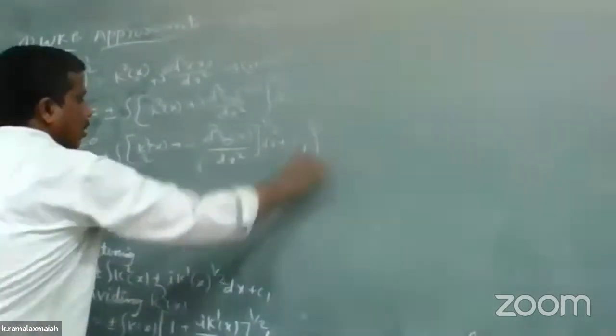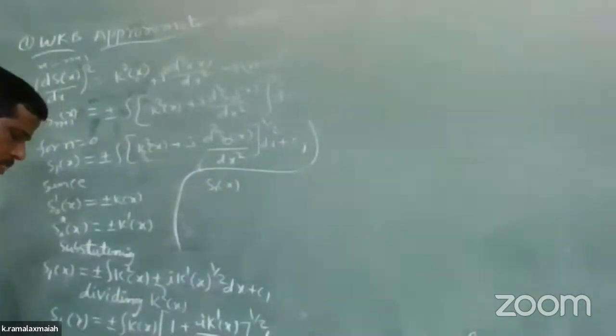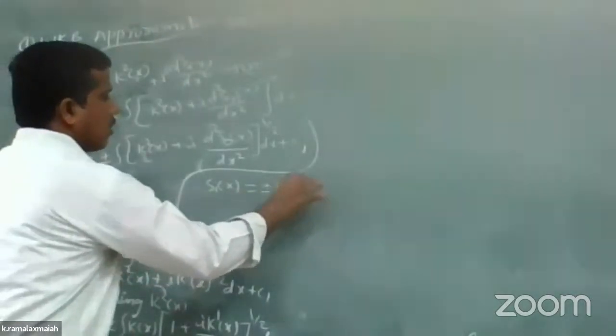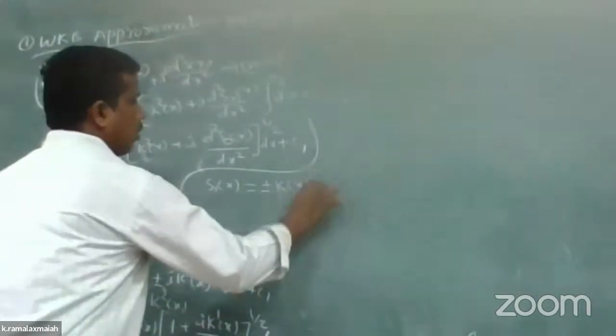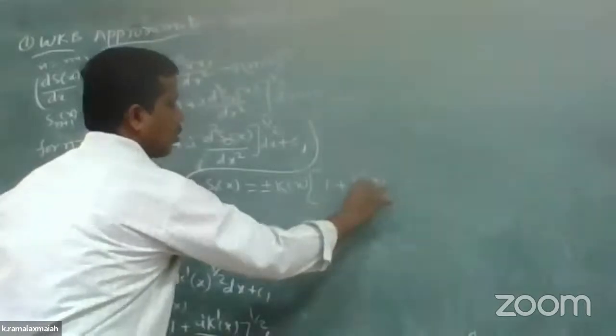So next, the value here, first k of x value is common. S1 of x is equal to plus or minus k of x into 1 plus i k dash of x by